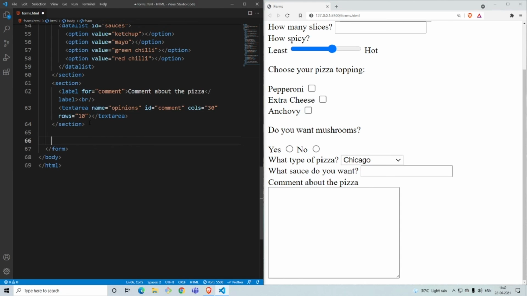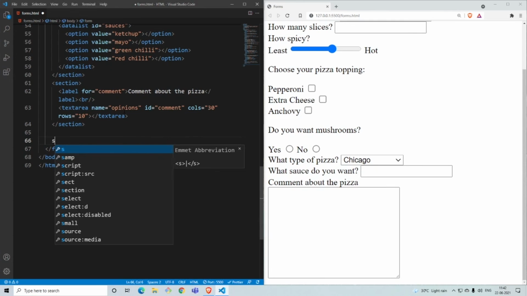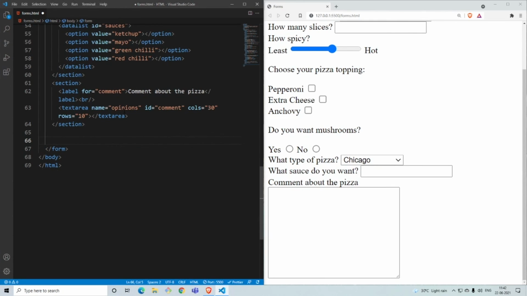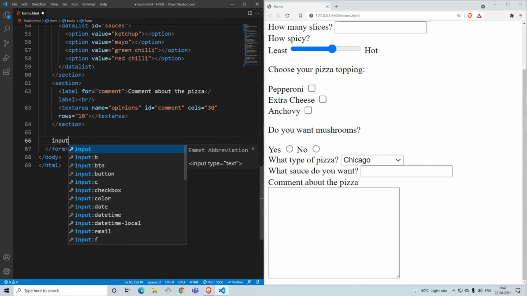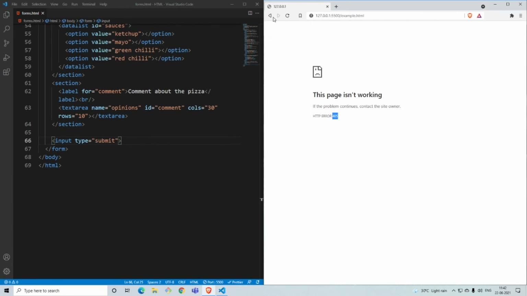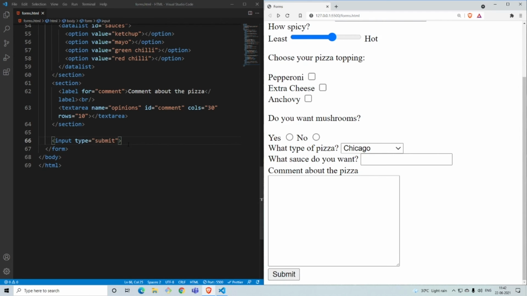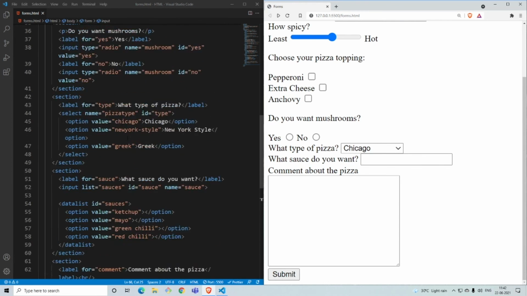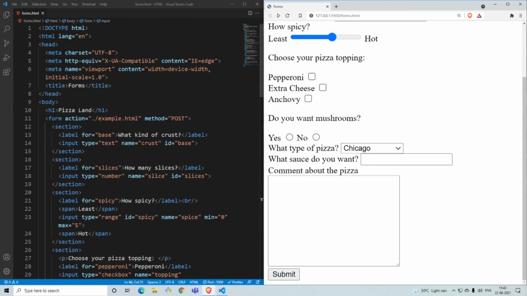Now the last you have is the submit form. Once you press this button, the whole form which you have written has to be submitted to the backend, so people can have a database and collect information about their pizza. The submit button is a really simple one where you don't even have to write a section. You can just directly put an input, and the type to be submit. You'll just have a button which says submit, and you can click on it. It goes somewhere. If you click on submit, it will take you directly to the page we mentioned out here called example.html, where we store the information.